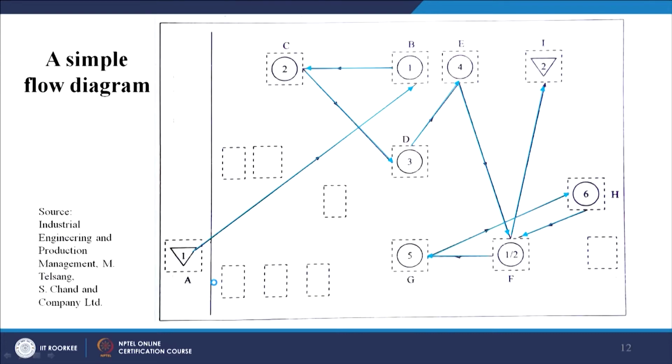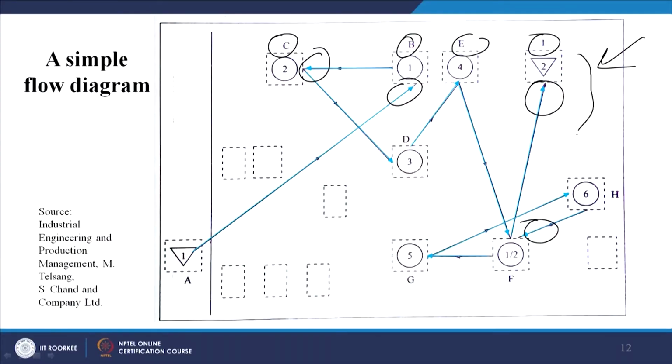Now this is one simple flow diagram. The facilities are given here, these are the machines A, and this is storage here. So all the facilities are marked and the movement is also shown, and if you see, this is an arrow, this is an arrow. So the arrows will always help us to look at the direction of work or direction of movement. This is the working area, and within the working area we have the facilities which are marked, like I and H. All facilities are placed as per their exact location within the working area, and the movement of man and material is marked with the help of arrows.